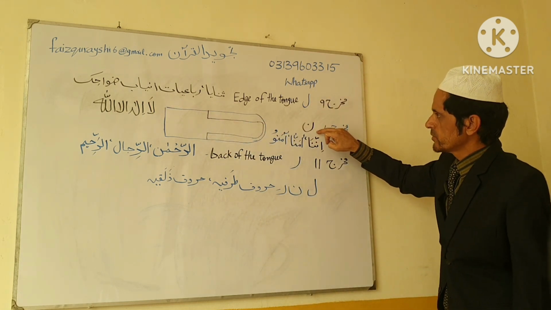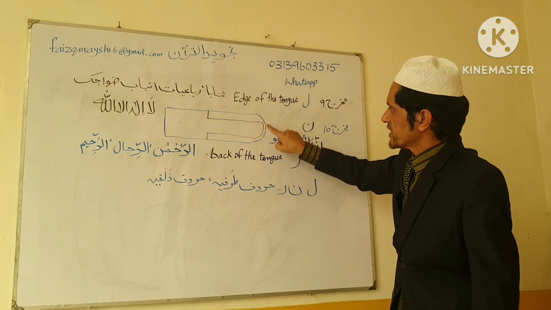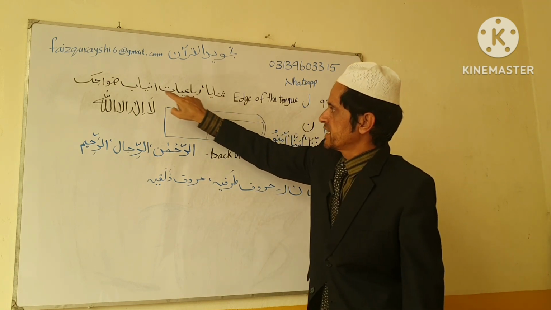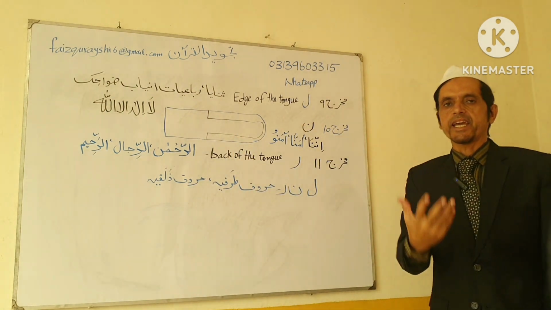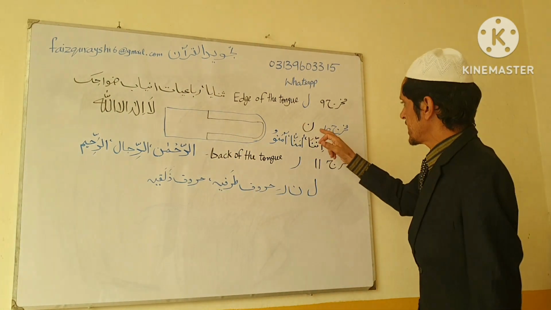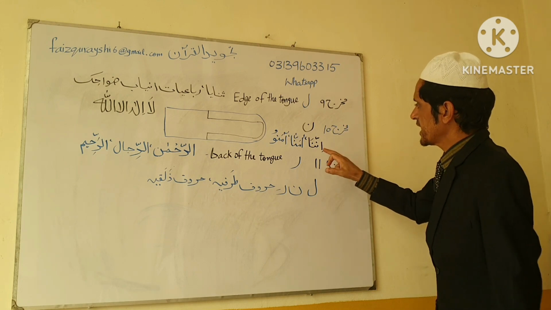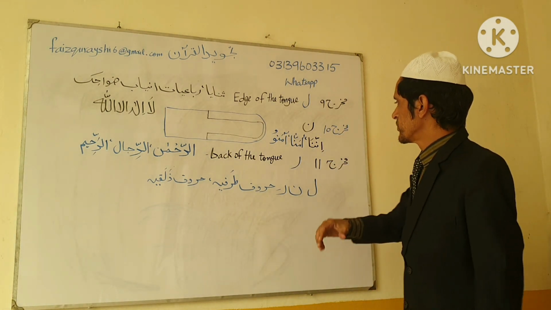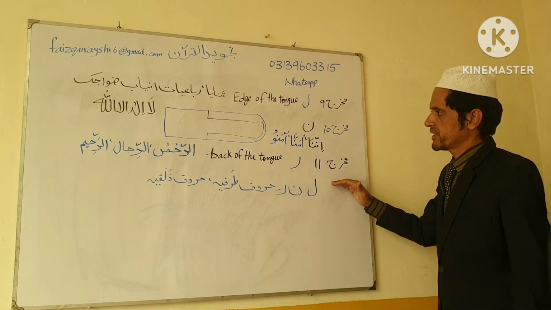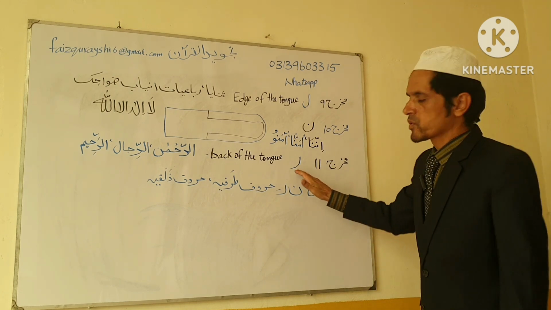But in Noon, the edge of the tongue touches Thanaya, Rabayat, and Anyab, except Bawahik. And we articulate or produce the letter Noon, like innana, amanna, amanu. And now Makhraj number 11, and that is Ra,